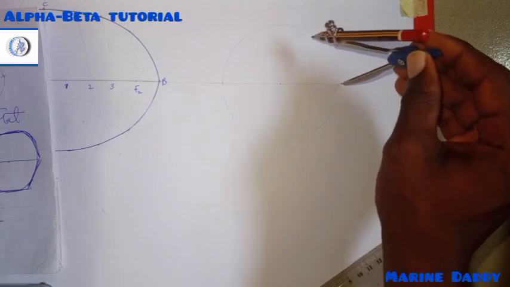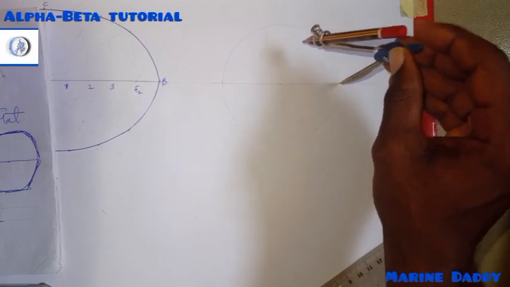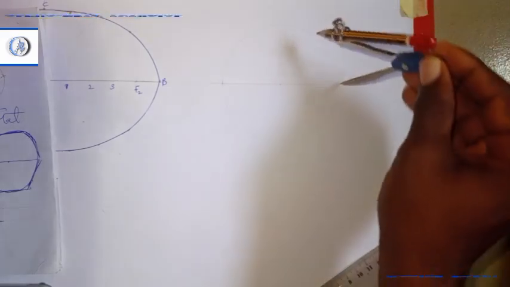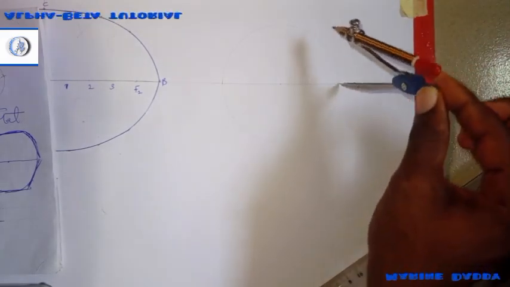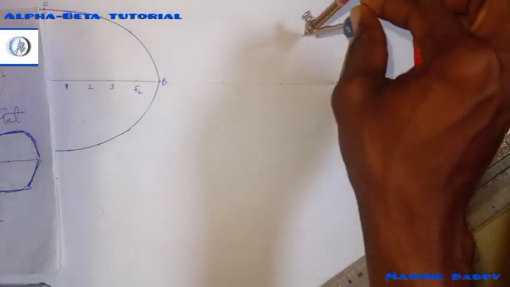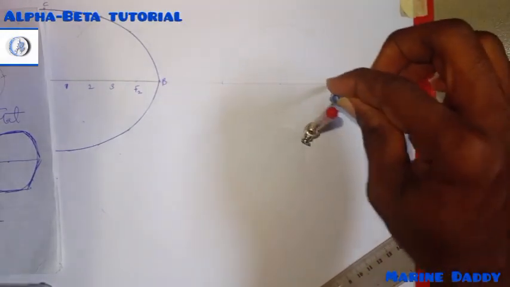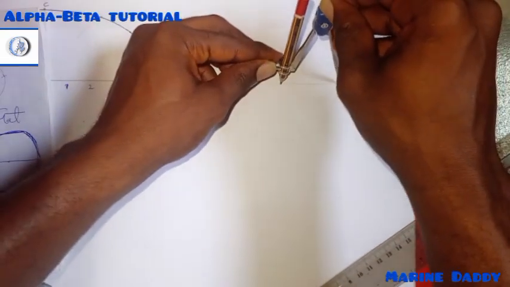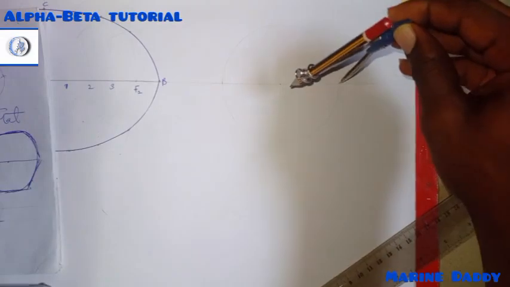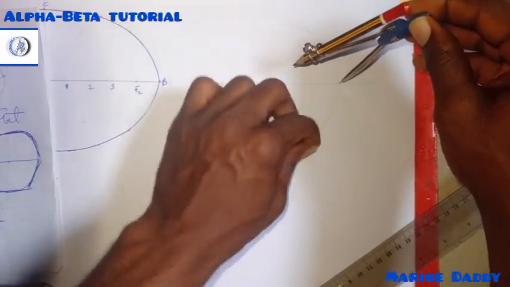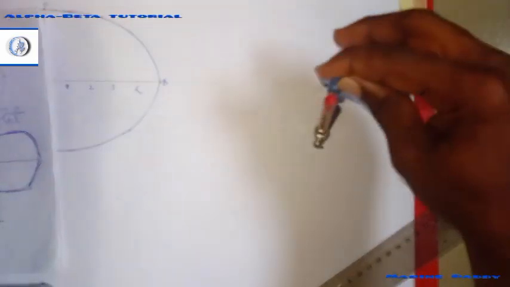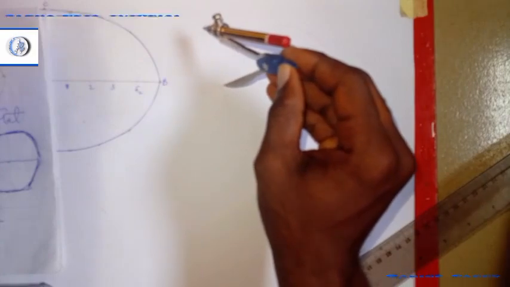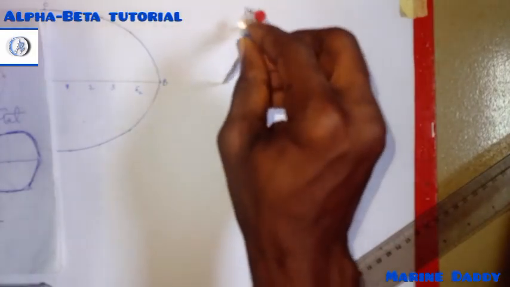That means that the radius of the circle drawn can be used to strike an arc, placing it at this part of the circle, strike at the top and strike at the bottom. Come over to this other side, strike at the top